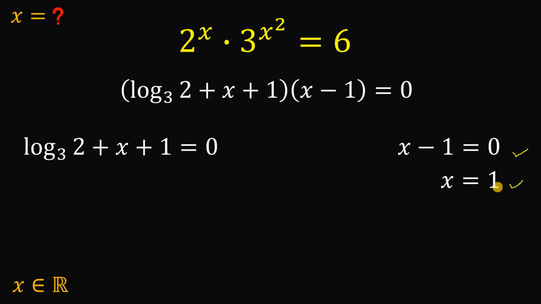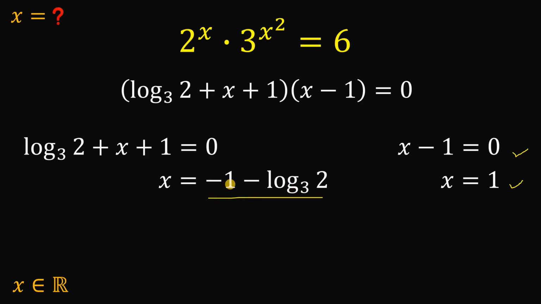So, x equals 1 is definitely one of the possible solutions to this equation. Because using observation, 2 times 3 is just 6. So, x equals 1 is definitely one of the possible solutions. But there's one more. Here it is. If we solve for the value of x in this case, the first case, we get that x equals negative 1 minus logarithm of 2 to the base of 3. This is enough. This is the answer, but we can simplify this